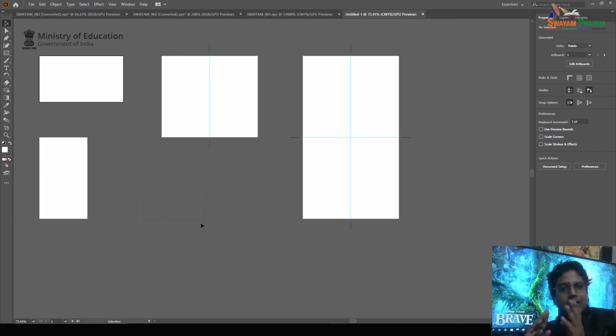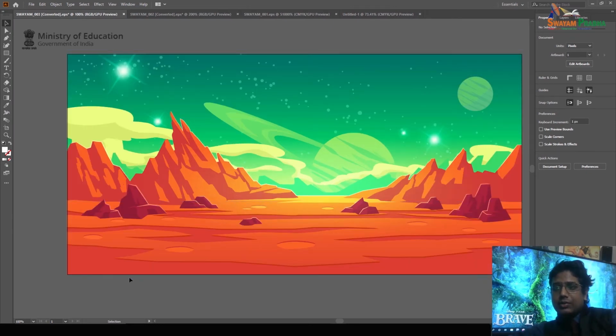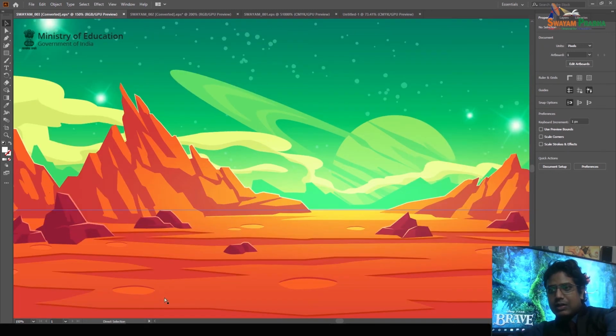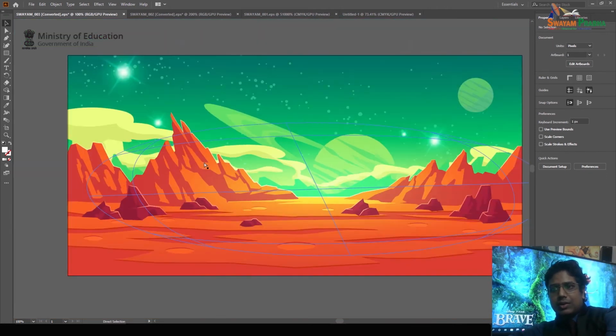So this is the vector graphics based software Adobe Illustrator. Earlier also I told you we can design some 2D graphics, like maybe this toon background over there, right? Here you can check out how beautifully the artist has laid out the background. Even if I zoom in a lot, still no problem is going to be there.